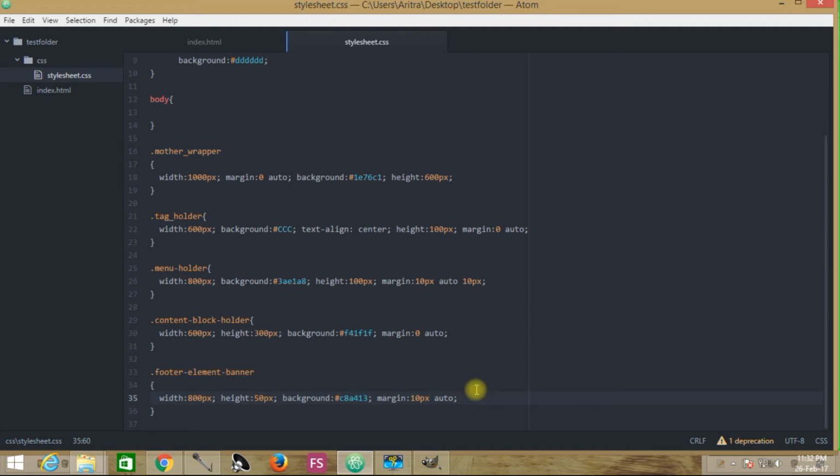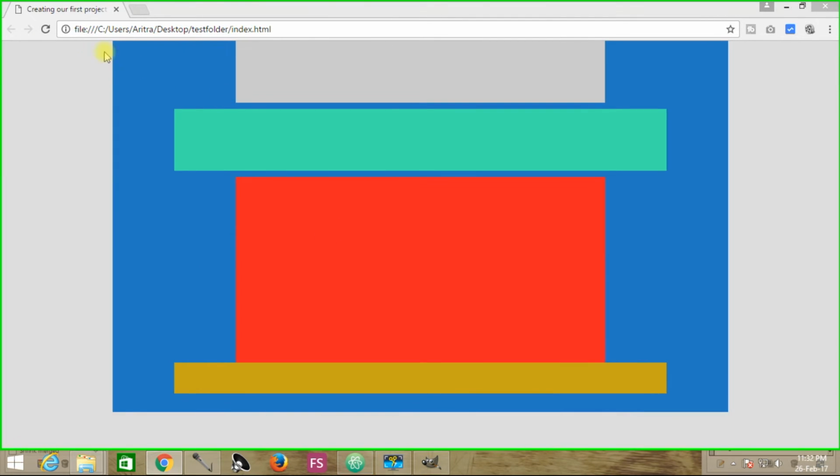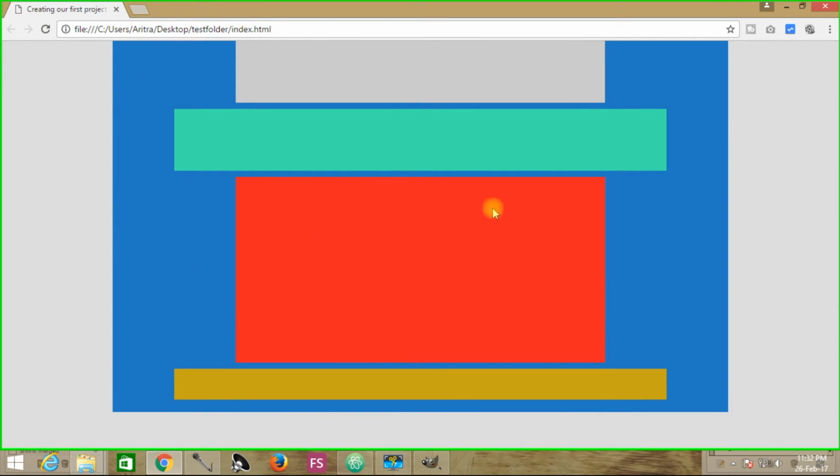That means from the top it is leaving a total margin of 10 pixels. Get back to your project, reload, and you see that a 10 pixel gap has been produced from the topmost content block holder. So here comes the block of elements which has been created.